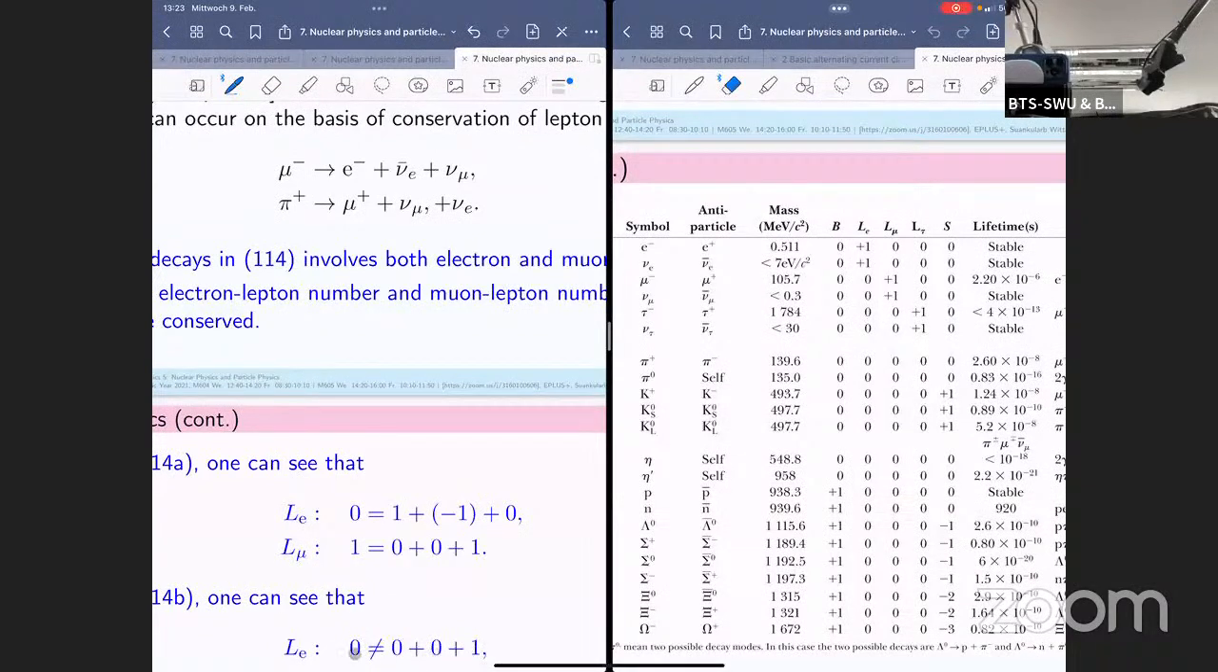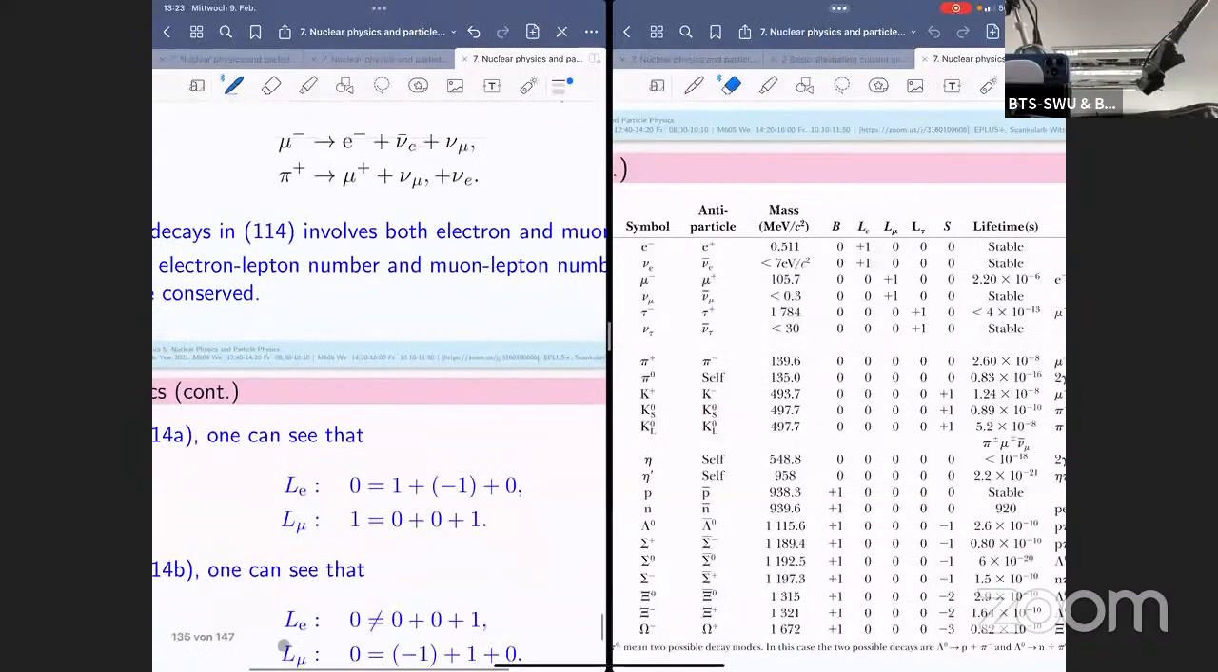Both are not equal to each other. So there is no balance for this process in terms of electron number. So this process is not going to take place in nature at all. But anyway, if you take a look at the muon lepton number, you will see that pion plus,